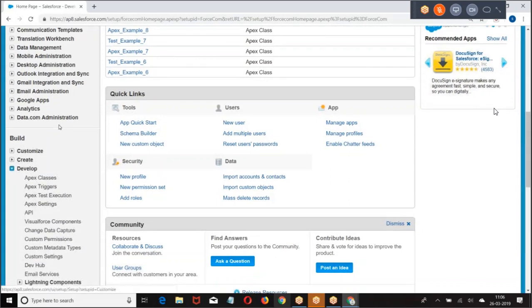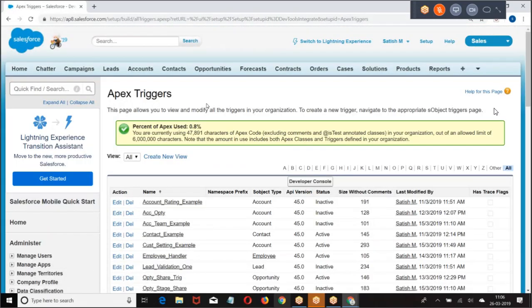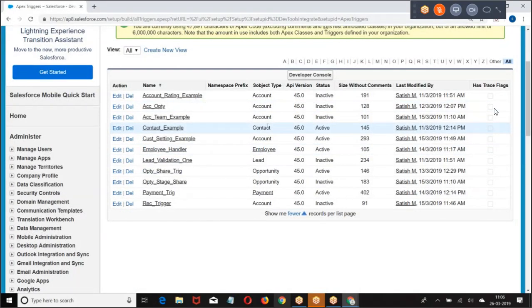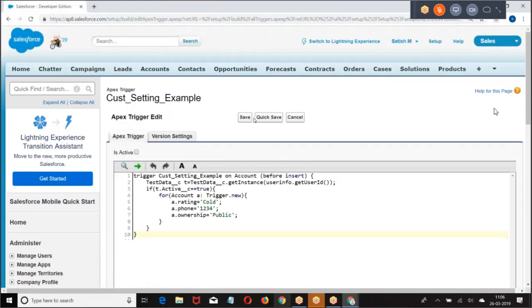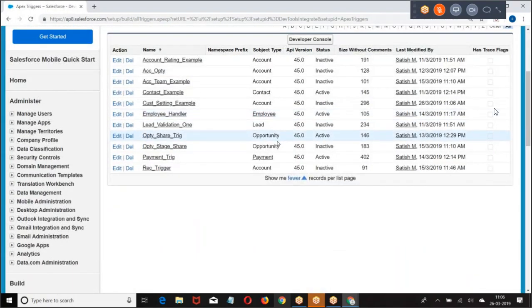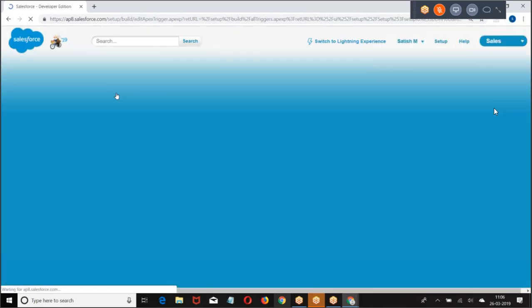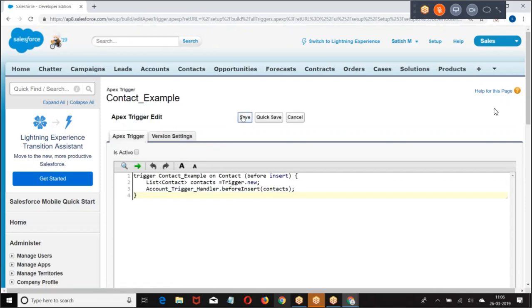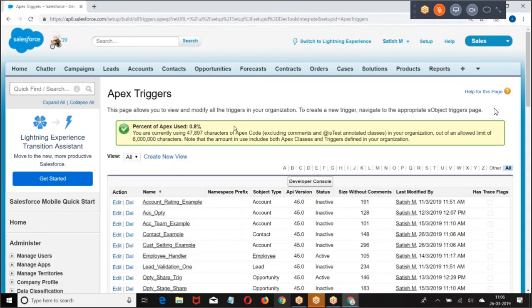Let us see what all the triggers we had and how many of them are active. So, the contact object. Right, okay. So let us create some triggers on account and contact and test them.